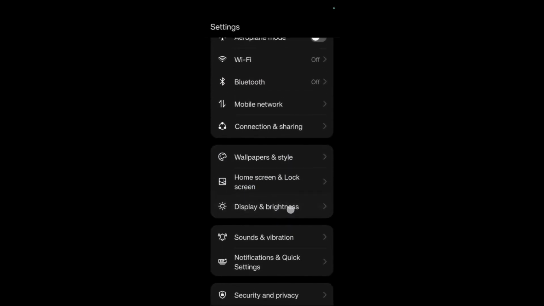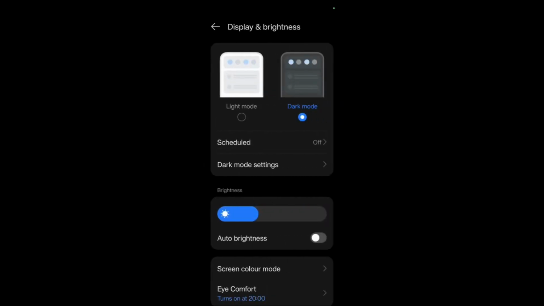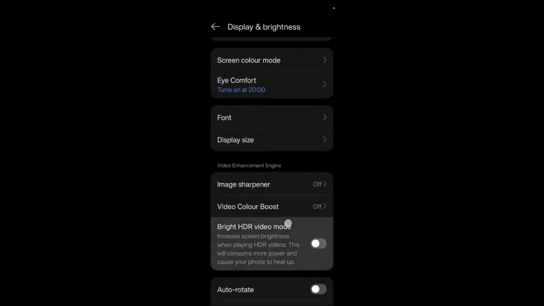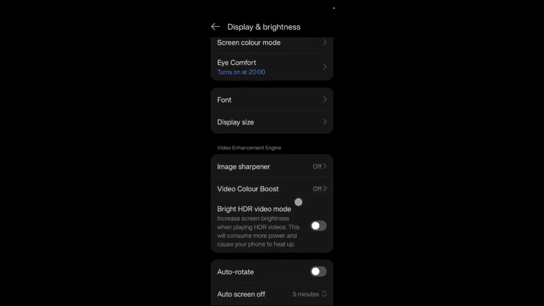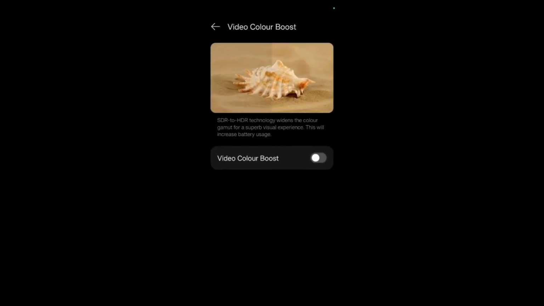until you see this setting that says display and brightness. So simply click onto this display and brightness option and keep on scrolling until you see this option that says video color boost. So video color boost is the setting name in my case, so simply click here and from